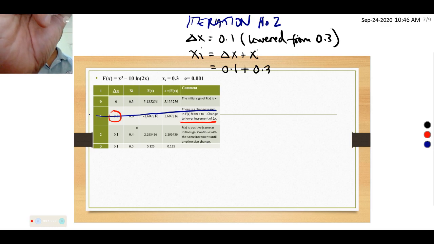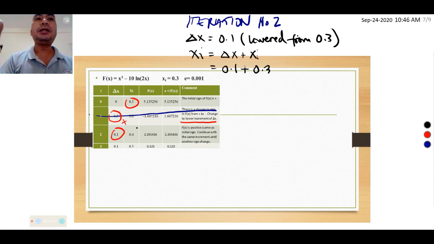So we will be referring to the previous xi, which is 0.3. So 0.1 plus 0.3 because again we have neglected the previous iteration which has changed value from positive to negative. So that's why our xi now is